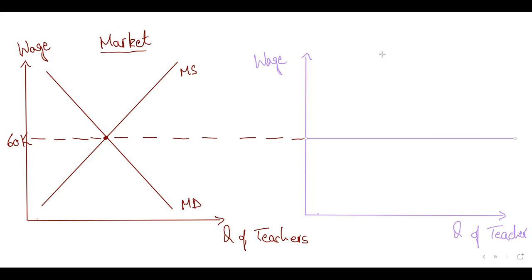Now, this would be a little difficult for you to understand, but let me explain what that exactly means. Now, the supply of teachers to one firm or one school is what? It's perfectly elastic. Abdullah, the supply of teachers to that one school or one firm is perfectly elastic. Why? Because there are so many teachers who are willing to work